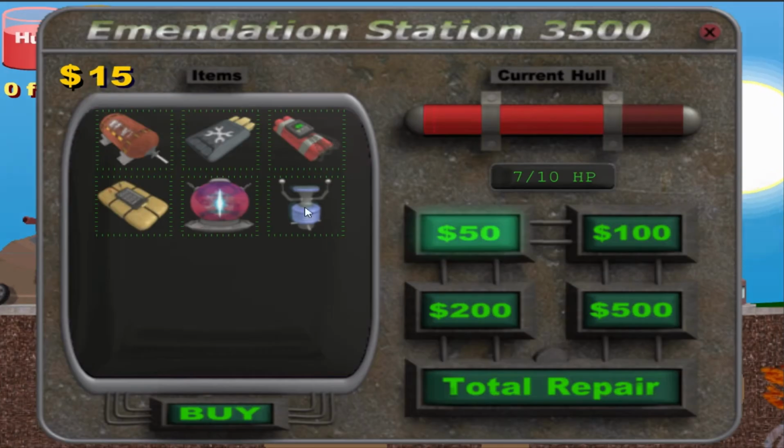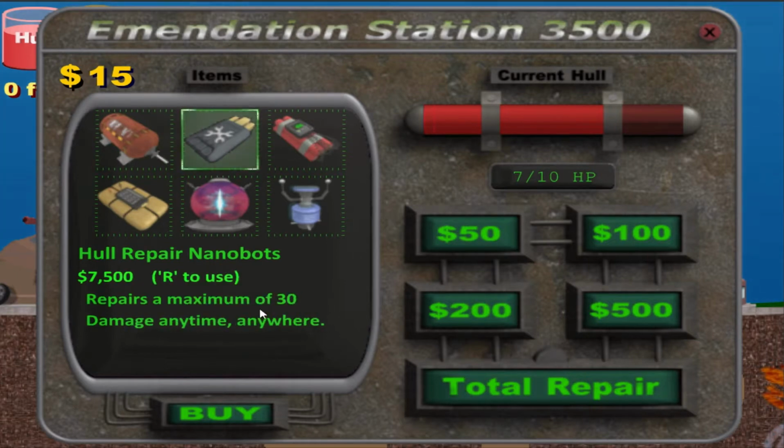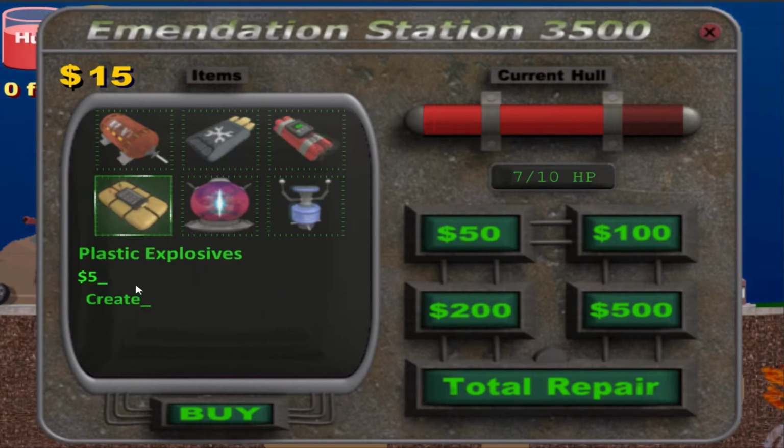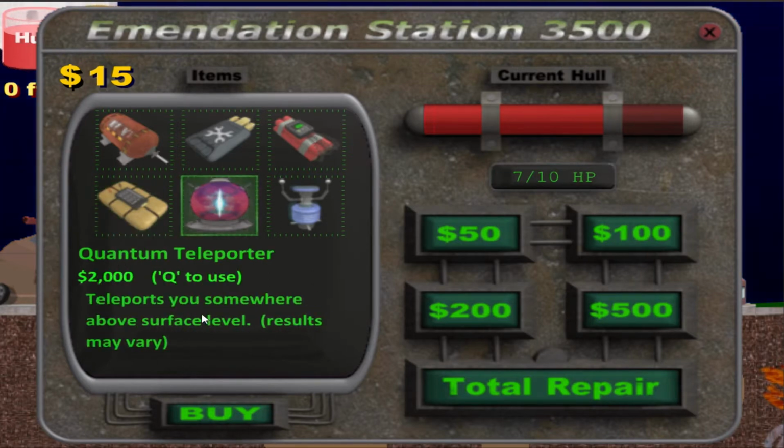There are various items in this game that you can obtain from the repair shop, like a portable fuel tank and a repair kit, which is great for long expeditions. A small detonation, which is good for blowing rocks and things out of your path. A big explosion, which is good for big explosions. A teleporter that is cheap, but when it teleports you above ground it'll probably send you smashing into the ground